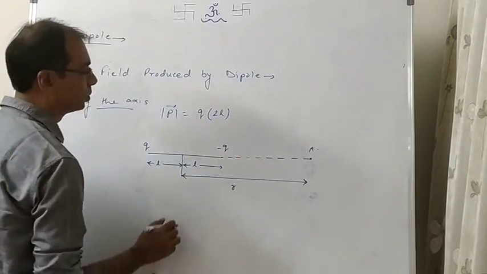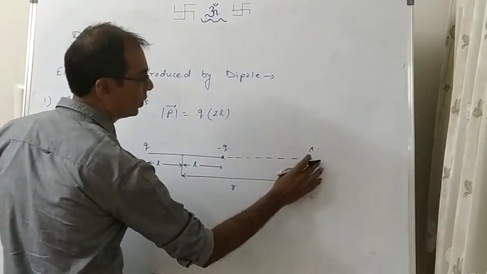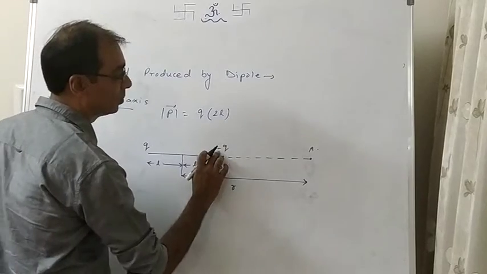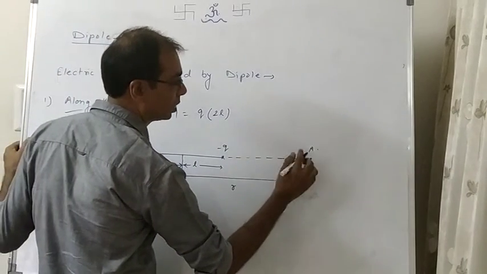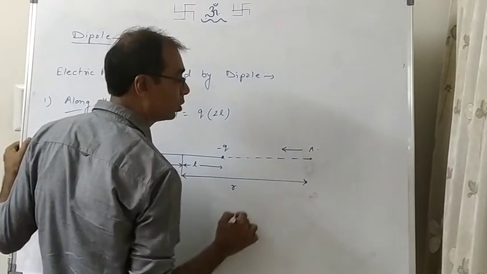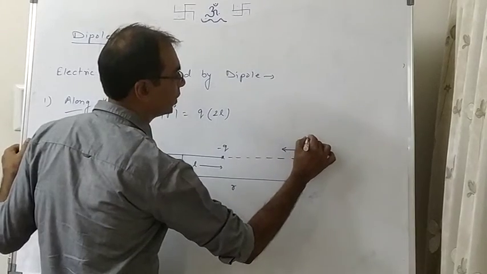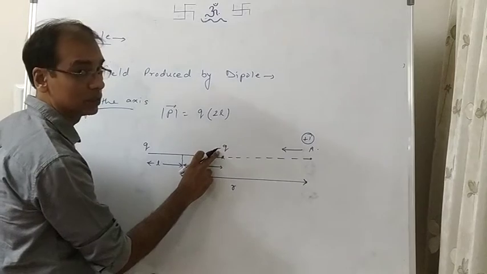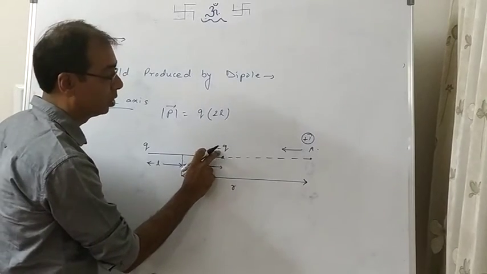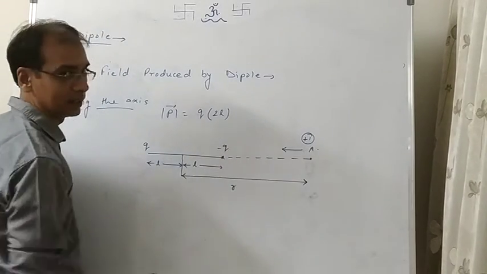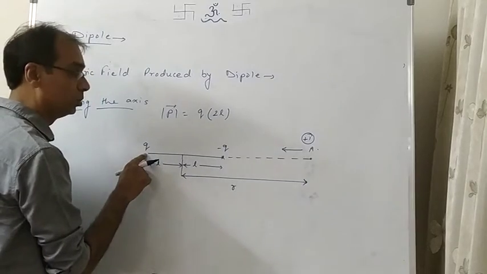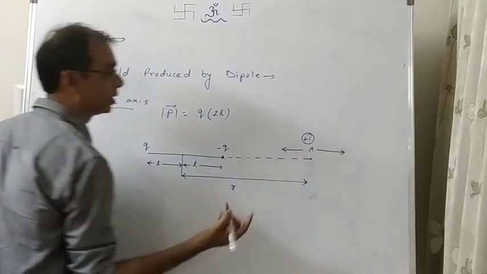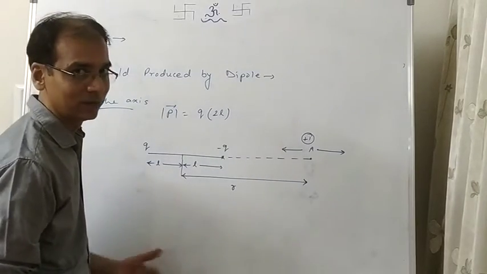Okay, so now because of minus Q I am going to find the field here, and because of plus Q I am going to find the field here. Because of minus Q, the field's direction will be what? Towards minus Q. How can we say? Because whenever we have to find a field, we will place a plus 1 charge here and see how it applies force. This is going to apply an attractive force, so the electric field is like this. Because of plus Q, it is going to repel, so it will be like this. So that means actually we are going to subtract the fields.